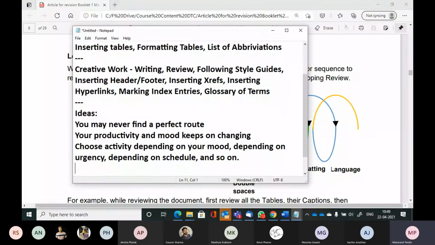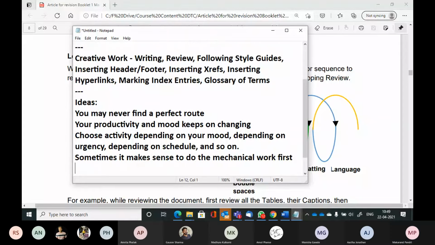Correct? Sometimes it makes sense, I'm saying sometimes, I'm not saying always, it makes sense to do the mechanical work first.